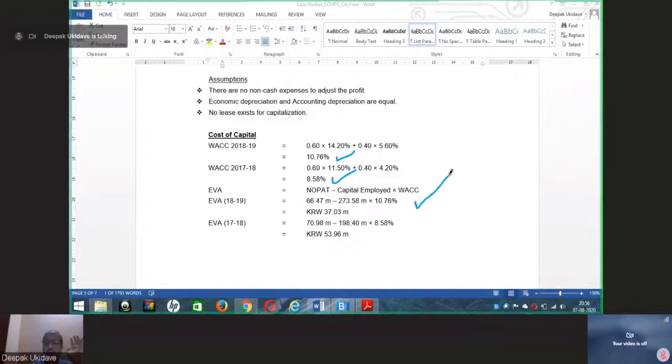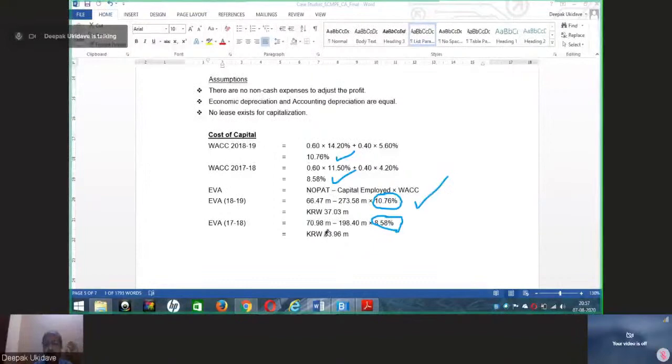EVA is NOPAT minus capital employed into WACC, as I had written in the formula. So it is 66.47, that is NOPAT, which we calculated in the above working note. Minus capital employed, we have taken 273.58 as opening capital at the beginning of the current year, and of course opening capital at the beginning of last year, multiplied by the WACC we calculated. So you have seen 10.76% we have considered here, and here we have considered 8.58%. We multiplied by capital employed, and we got EVA as